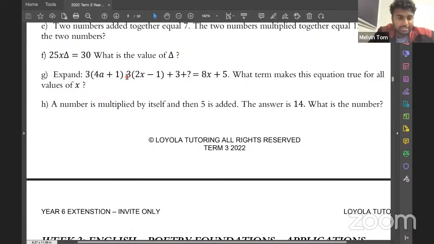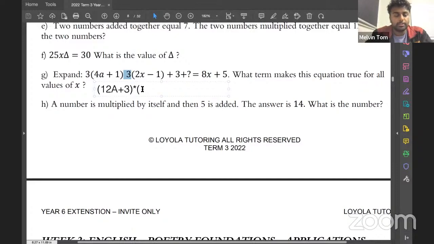That's right. Okay, this question. I'm assuming there should have been a multiplication symbol in the middle. So if that's the case, let me try it out. So let's do the brackets first. 3 times 4a gives me 12a plus 3 times 1 is 3. And then multiplied by